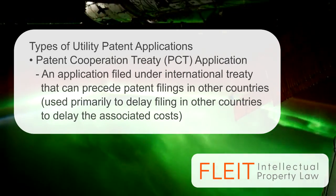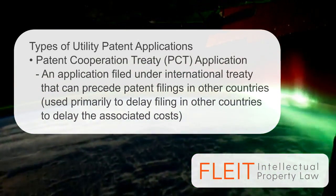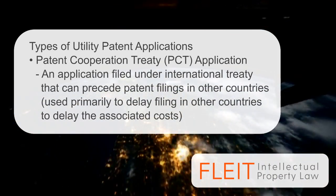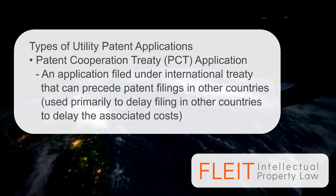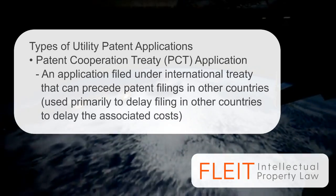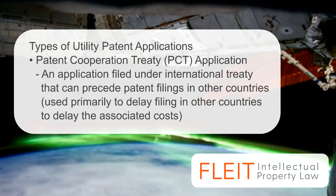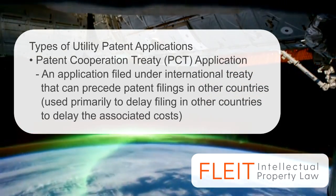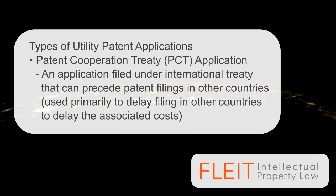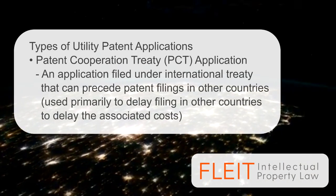You'll get that report from the PCT application examination, but the real benefit is that you had 30 months, or about 2.5 years, to determine whether your product is going to be successful enough, or whether you want to invest in filing patent applications in various countries around the world. If the product isn't doing so well, you may decide not to incur that expense. Alternatively, you may want to have the opportunity to sell your invention to another company that would want to pursue international patent protections. So that gives you 2.5 years to try to market the invention or the patent applications themselves